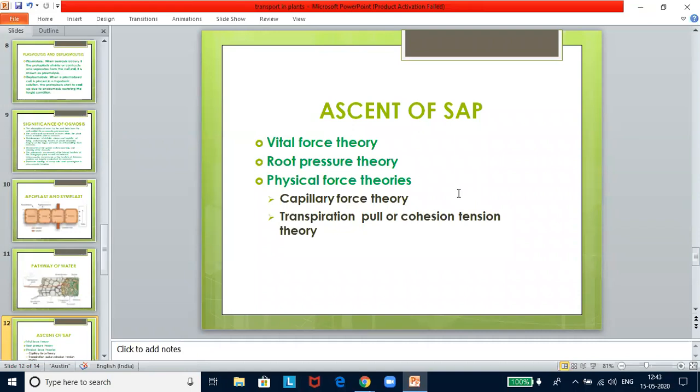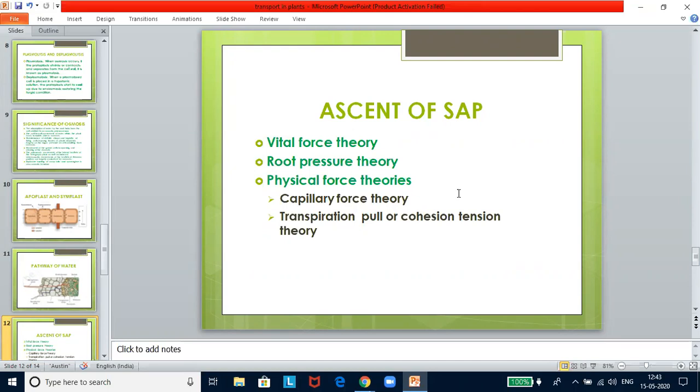Second is root pressure theory. This theory was put forth by Priestley. Root pressure is maximum during rainy season in the tropical countries and during spring in the temperate habitats. It is retarded or becomes absent under conditions of starvation, low temperature, drought, and reduced availability of oxygen. Although root pressure developed in the xylem of the roots can raise water to a certain height, it does not seem to be an effective force in ascent of sap due to certain reasons, like low magnitude. It develops only to an extent of about 2 atmospheres. Even in the absence of root pressure, ascent of sap continues, and in gymnosperms, root pressure